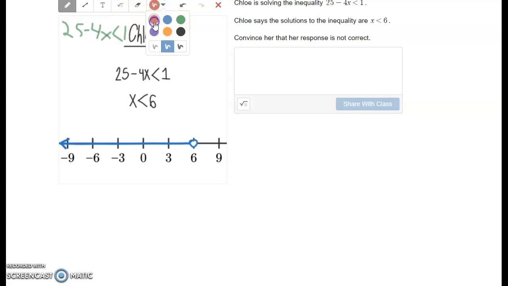Chloe had a mistake. Let's look at it. You would first obviously minus 25, and I know to do that first because I'm using PEMDAS backwards. So first I look for addition and subtraction, then I do multiplication and division. So 25 minus 25, that's 0, so that goes away. I'm just left with negative 4x is less than 1 minus 25 is negative 24,